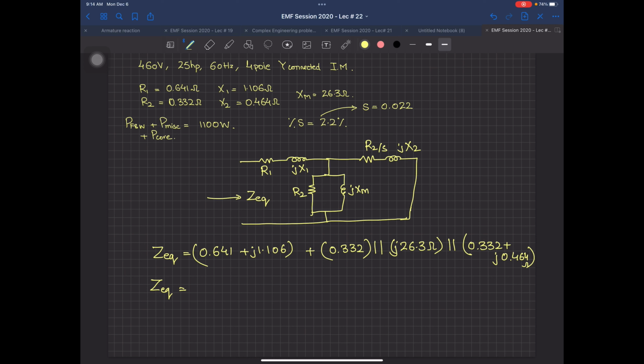Hopefully by tomorrow or day after tomorrow, I will upload on MS Teams assignment number 4 related to induction machine questions. There will be 15 to 18 numericals, not from this book, possibly from some other book, so that you have a little bit of practice from the other types of numericals also. Please, what is that equivalent? The value is approximately. Anyone?